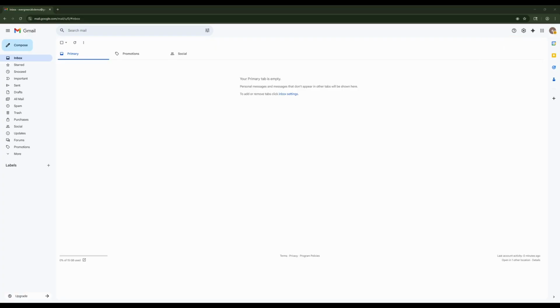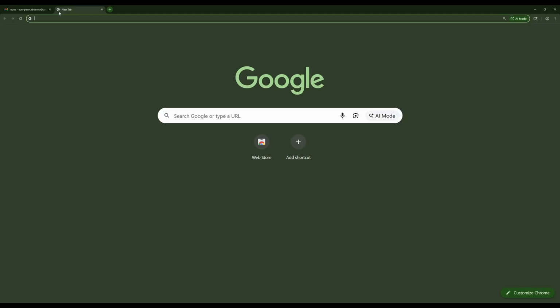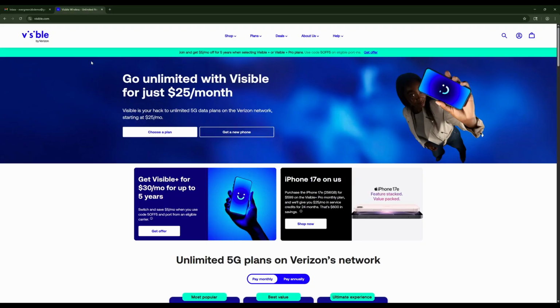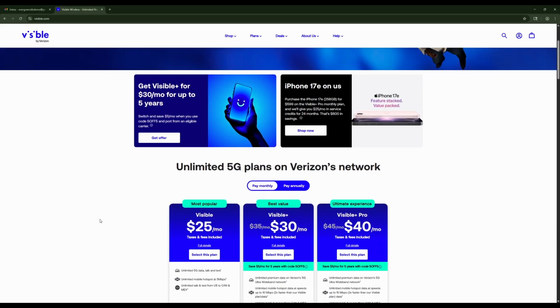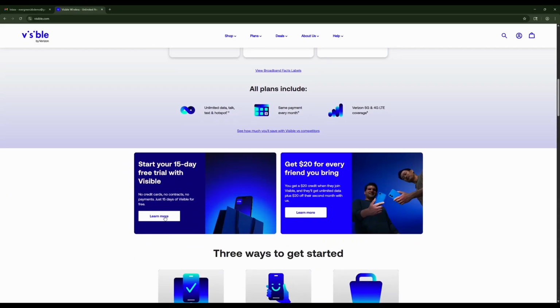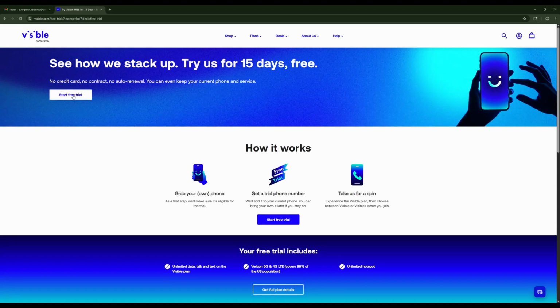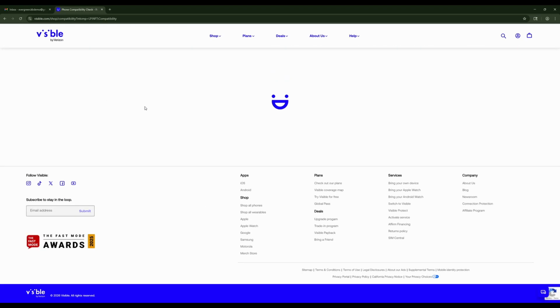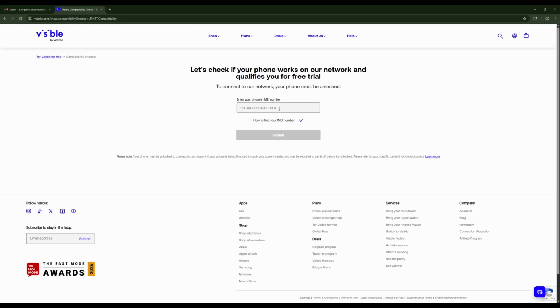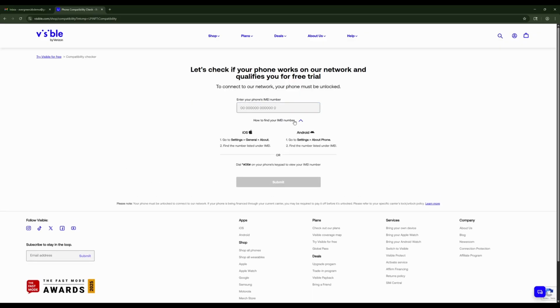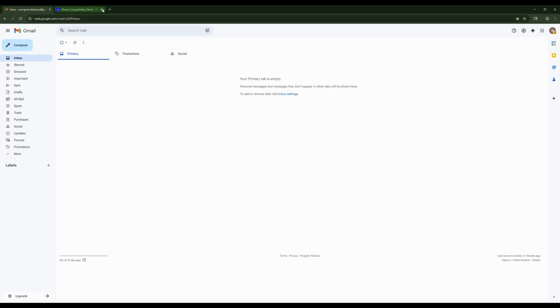Thankfully, I was able to find a service called Visible, which offers a 15-day trial, and it gives you a new number and an eSIM. You can use your existing phone number while keeping your existing service, so there's no impact. Plus, you get to try out a different carrier in case you're debating switching. They're using the Verizon network, and their prices are close to what I'm paying now, so it was a no-brainer for me to test out. And with no credit card required, it fits nicely into the services we'll use in this project, so thank you,